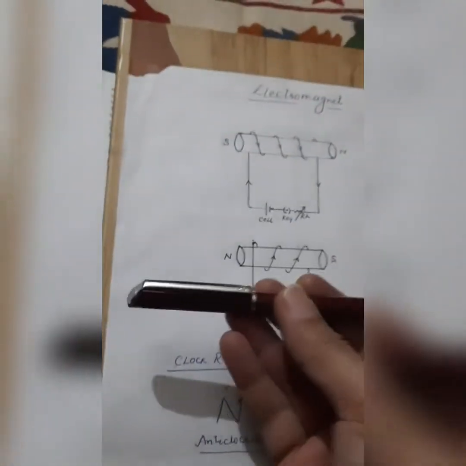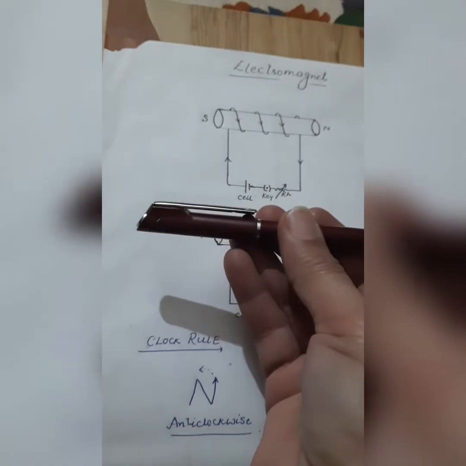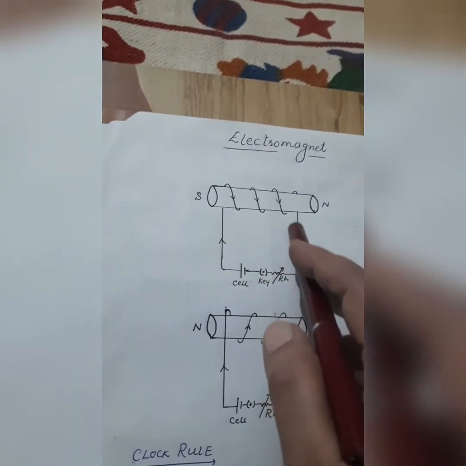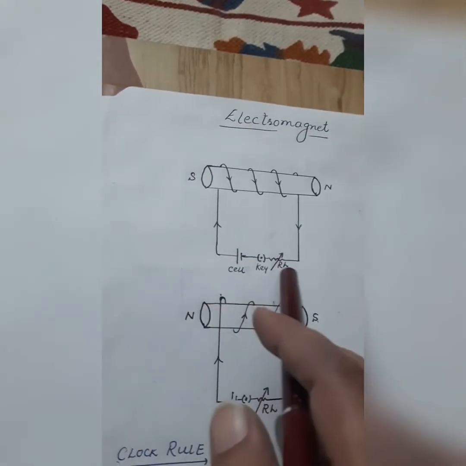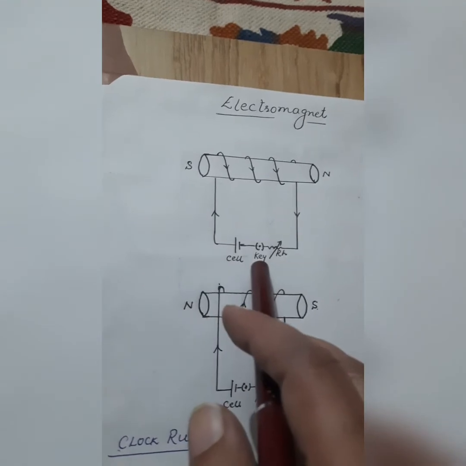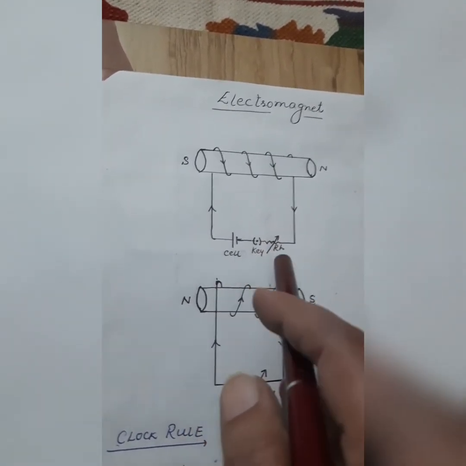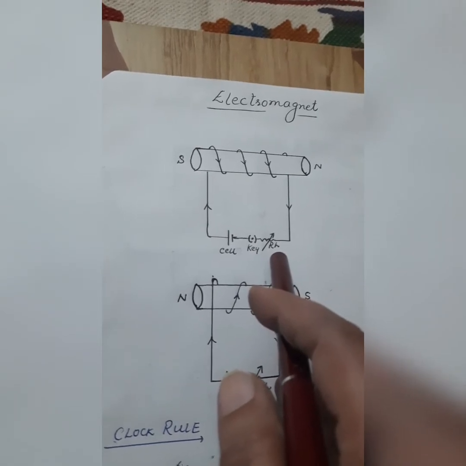You can see on both sides. Now I just consider this pan. A pan is just like a cylindrical cardboard. Around this pan, I will wind some wire in spiral form. And that wire has two ends. One is this starting point, the other is the ending point. In between these two ends we will connect one cell, one key and one rheostat. As you know, the function of the key is to switch the cell on or off, and with the rheostat we can increase the amount of current.